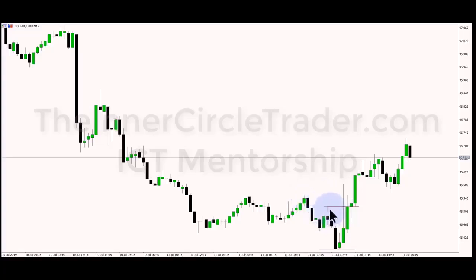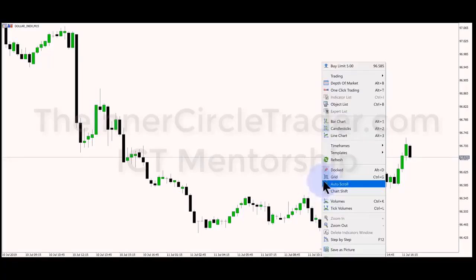Nonetheless, I like to use a nice defined swing high when I'm looking for a break on the upside. It just so happens this candle does in fact break both. This is enough for me after hitting a key level. Now remember, the key level is derived from that daily chart. I want you to take a look at